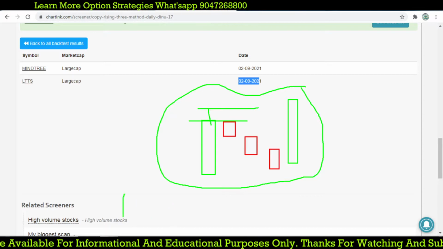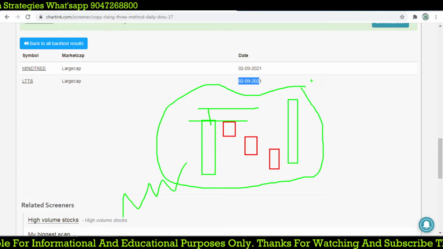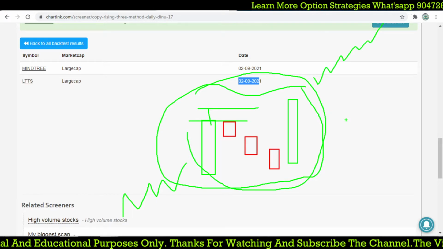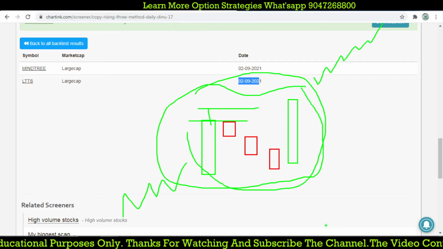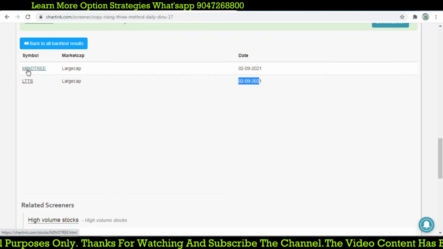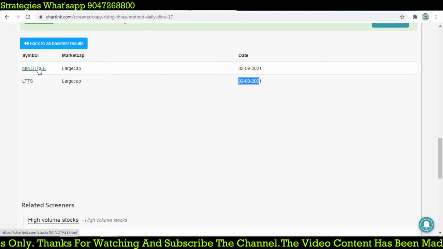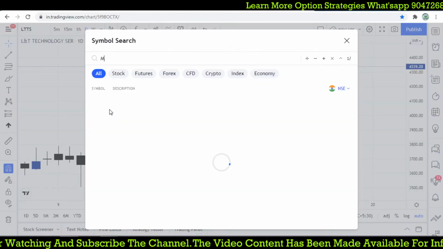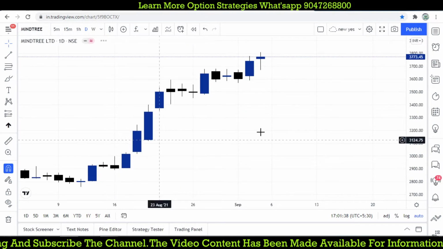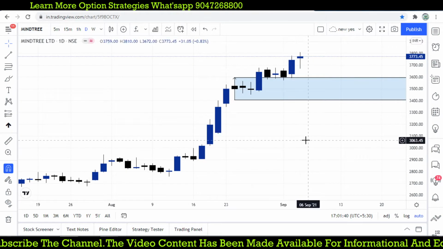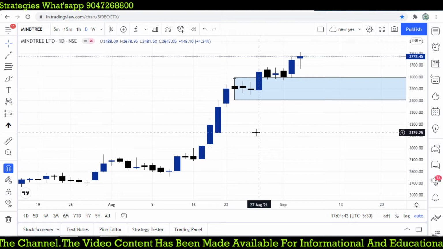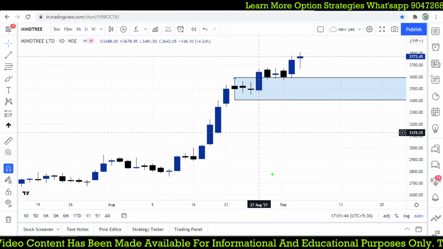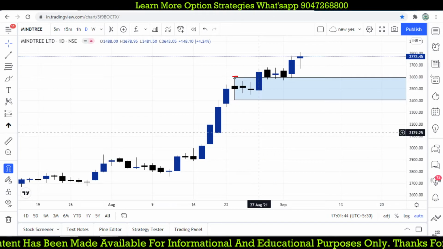The previous trend should be up. And again, if you find this kind of pattern, the market is going to move up. That is the main idea of finding this candle. So let's go for September. Let's open Mindtree to get a clear view. You can check that Mindtree keeps on going up. Before making the scanner, we had taken this as a spinning top